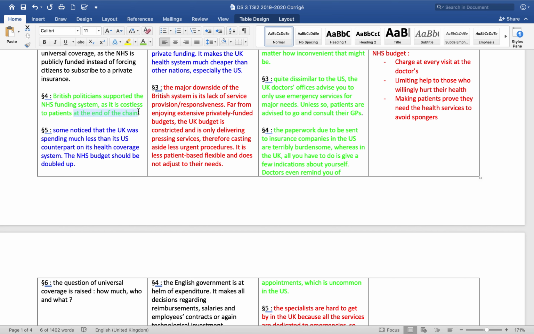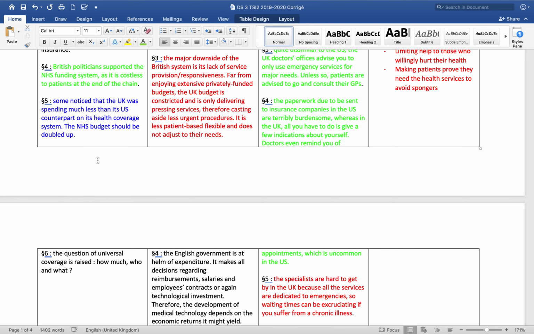But in the UK, you do not even have to give the money in advance to be paid back later. You do not pay anything. When I lived in the UK, I didn't have to pay anything when I went to the doctor. So it's very cheap. It's a system that is paid by the taxes, and you don't have to put money forward. Now, the last paragraph, or actually penultimate, the one before last.